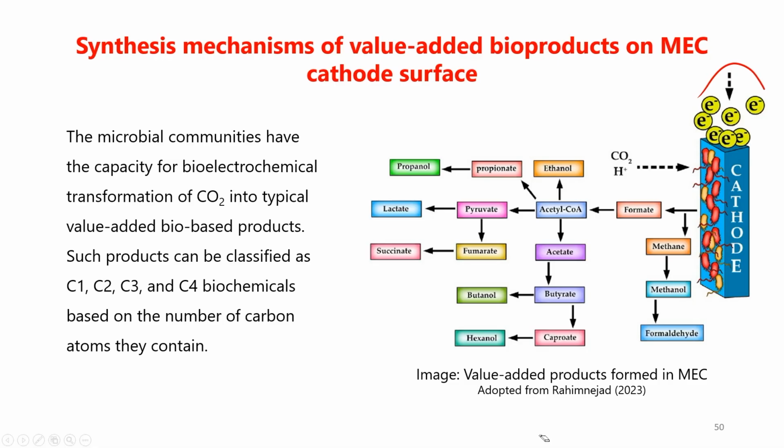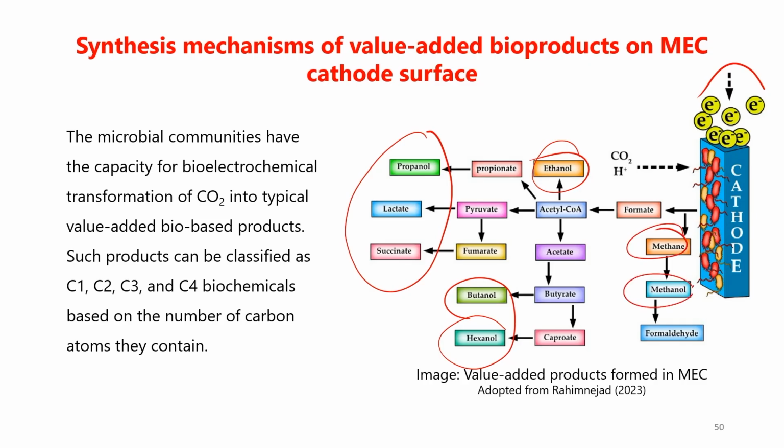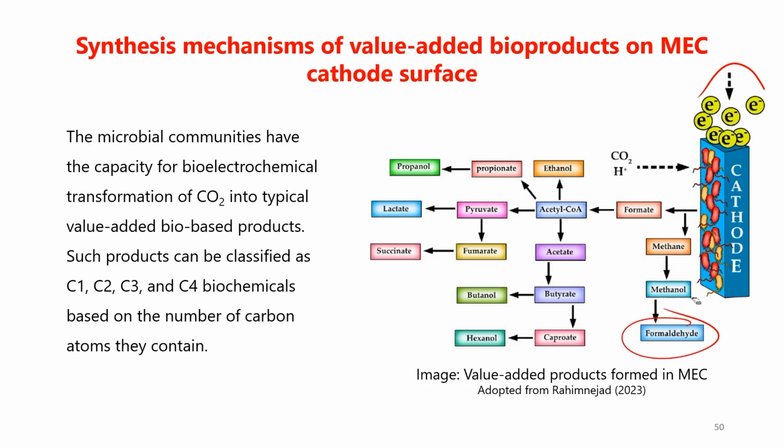Similarly, this acetyl coenzyme A gets converted to pyruvate and then fumarate, or pyruvate to lactate, and again fumarate to succinate, or the acetyl coenzyme A may directly produce propionate, which produces propanol. So, we can see that many products like propanol, lactate, succinate, hexanol, butanol, ethanol and others are produced, which can be value added products,